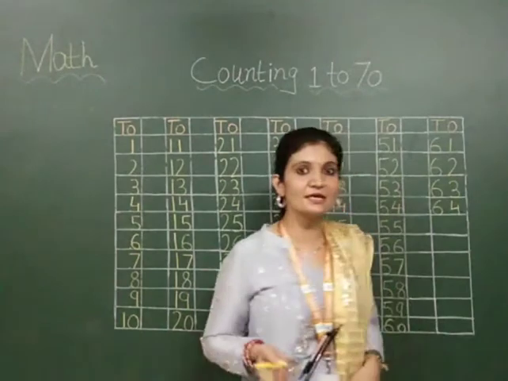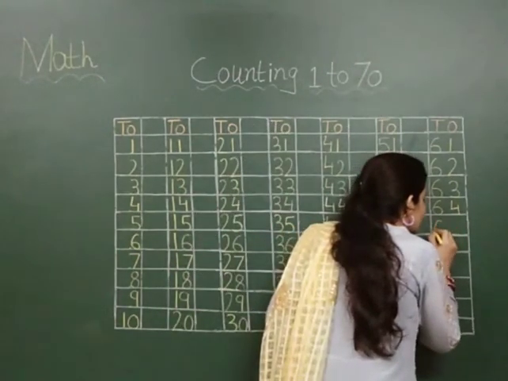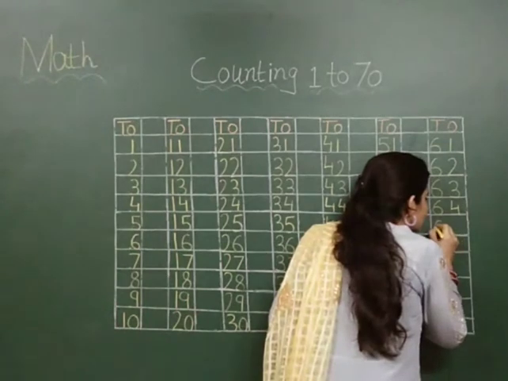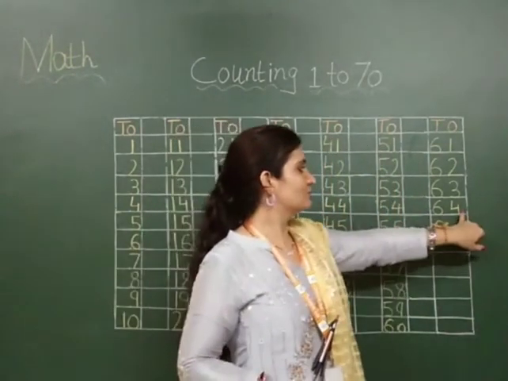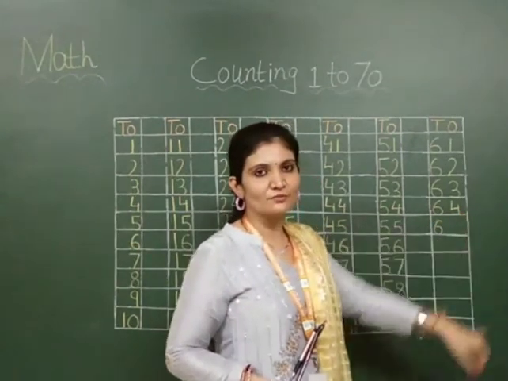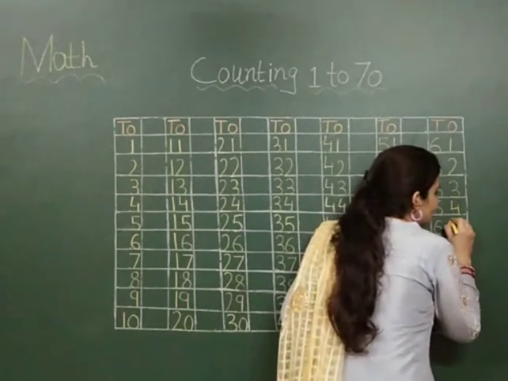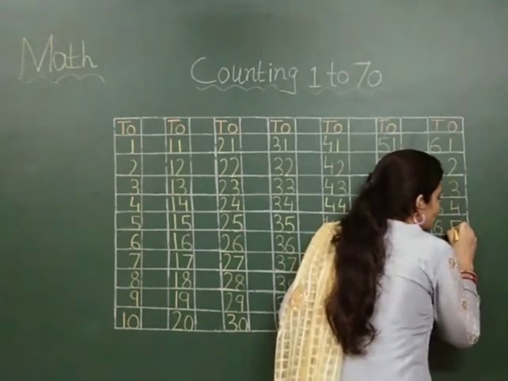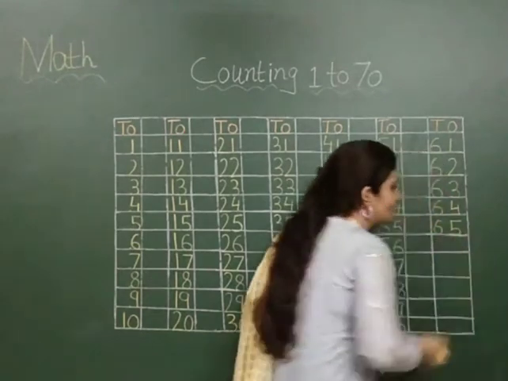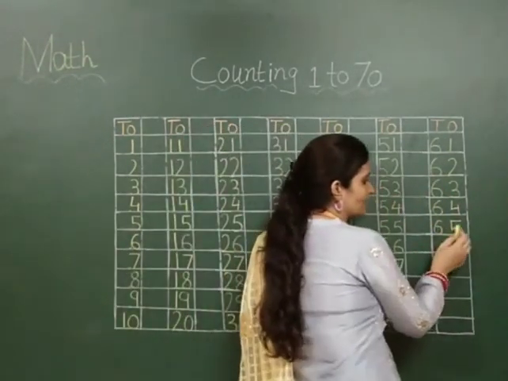Now which number come after 64? Yes, 65. Then first you have to make a 6 like this. Okay. Then what you have to make? Which number come after 4? Yes, it's 5. So you have to make 5 here. First sleeping line, then standing line, and then you have to make a curve. Okay. Done.